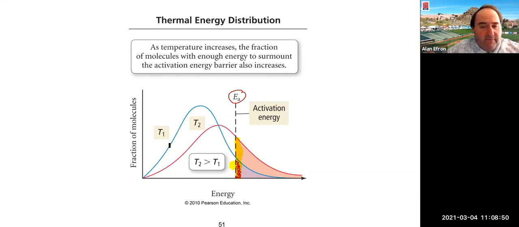And again, for those reasons that we just talked about, having that increase in energy is going to allow everybody to make it up and over the hill to the other side. Just like if you were running up a hill, you had a lot of energy, you would get up there pretty quick. If it's the 40th hill you ran that day, you probably don't have too much energy left. You're going to probably be regretting it and moving very slowly up the hill. So it's the same idea here. Increasing the temperature gives everybody more energy to get up and over. Decreasing it slows everybody down and their progress. And the effect is obviously a lower or slower rate for that particular